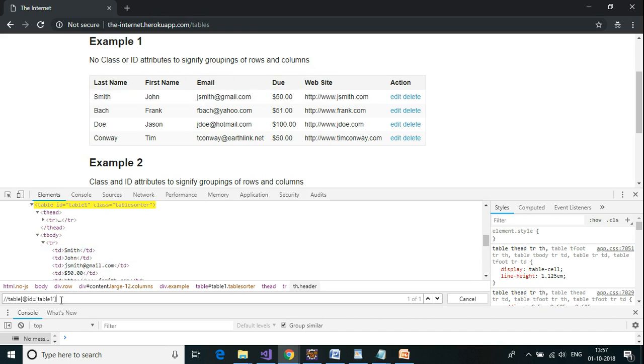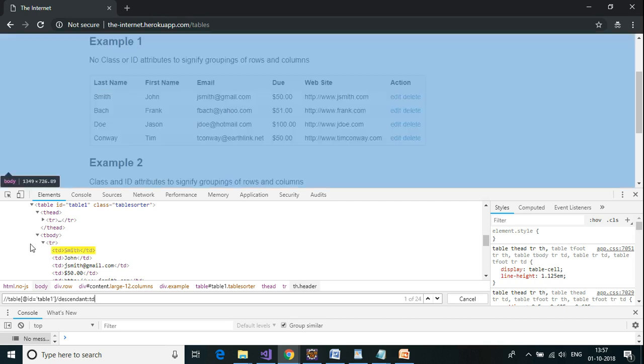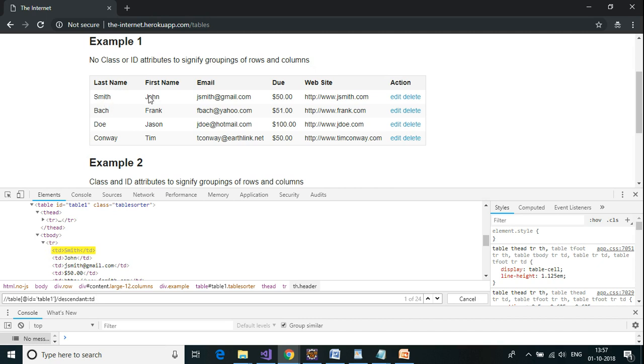So we will try to find out from here all the descendants of type table data. To do that we will use /descendant of type TD, that is table data. So there are 24 of them starting with Smith. So there is 1 2 3 4 5 6 multiplied by 4 rows, that is 24. So there are 24 total table data items. So in this we have to find out the following siblings of